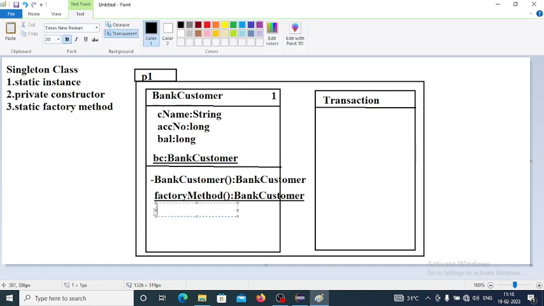Then I want to add some instance methods like withdraw, deposit and check balance. So I want to add the first method as a deposit method. You have to pass some argument as amount, long, and return type we can take as void. Then one more method I want to add here, that's withdraw method. This also you want to pass the parameter as amount